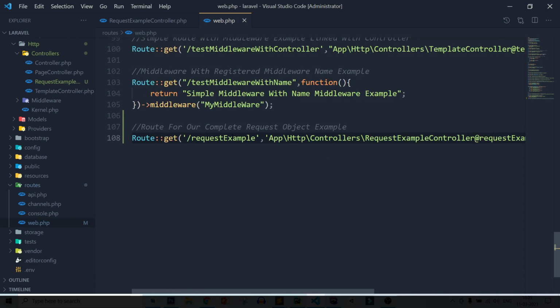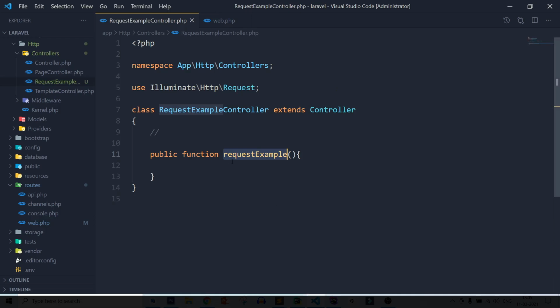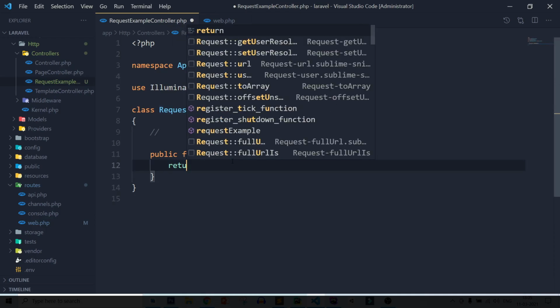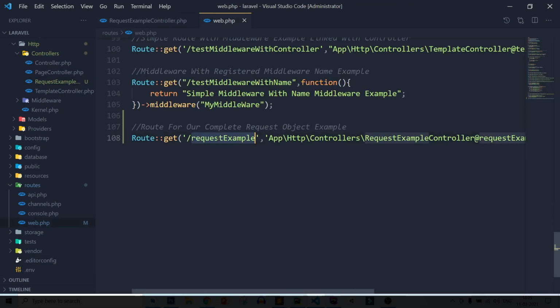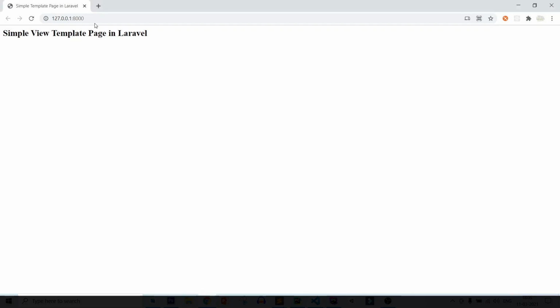After that let's add some data. So return request example tutorial, save it, and let's open this route. Back to Chrome, opening the route, and you can see the page.